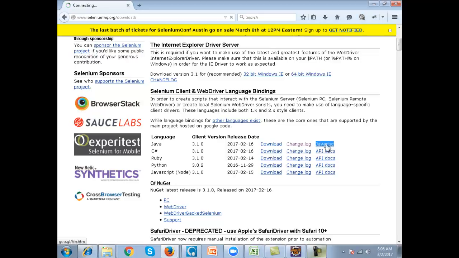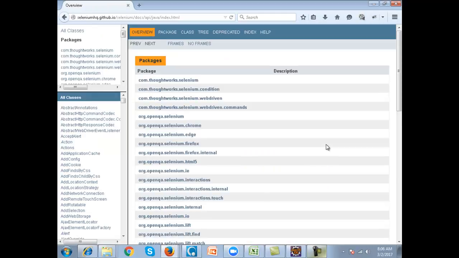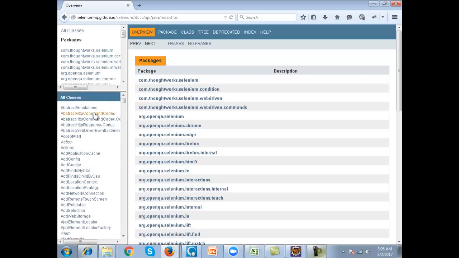You click on this Javadoc link and you will get all classes. These are all the classes inside the complete Selenium API.